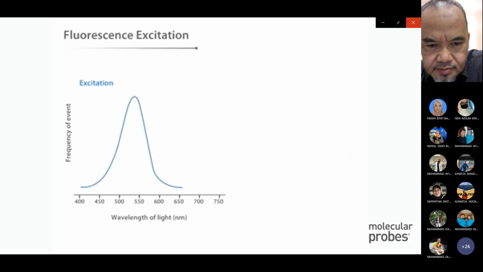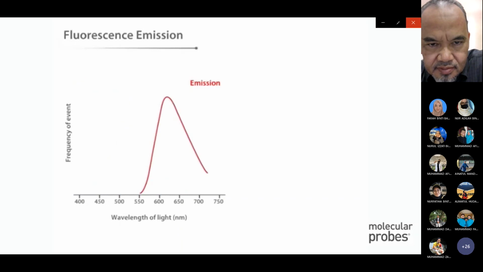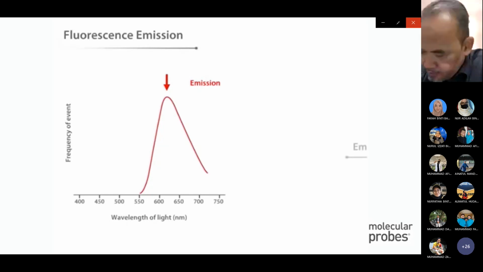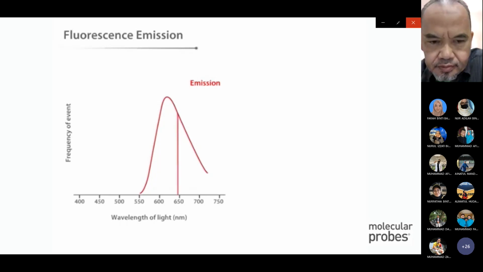A fluorophore is excited most efficiently by light of a particular wavelength. This wavelength is the excitation maximum for the fluorophore. Light with a wavelength near the excitation maximum can also cause excitation, as shown by the shaded areas, but it does so less efficiently. Fluorescence emission behaves in a similar way. The fluorescence output of a fluorophore is most likely to occur at a particular wavelength. This wavelength is the emission maximum for that fluorophore. The excited fluorophore can also emit light at wavelengths near the emission maximum, as shown.